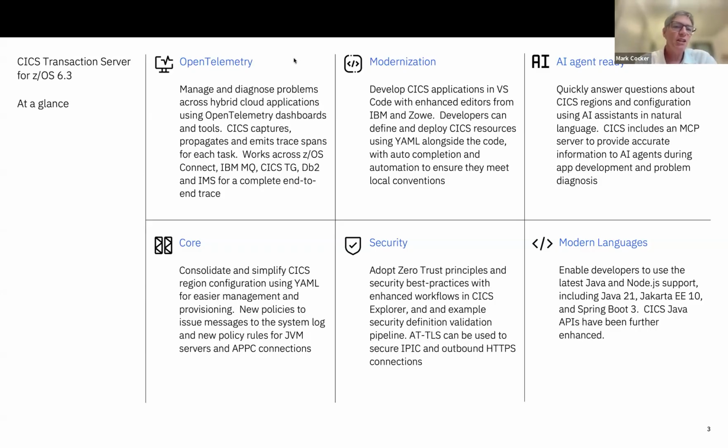With 6.3, today's particular focus is on open telemetry, and I'm going to talk in detail on how CICS supports that. But just as a summary, open telemetry is a very powerful use case because it's not just one product and one set of use cases we're talking about here. We're saying that observability in general on Z is being greatly improved by the fact that CICS, as well as other subsystems, can all contribute into this ecosystem around open telemetry.